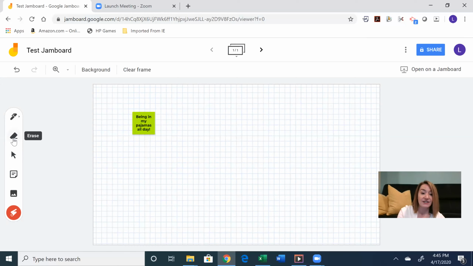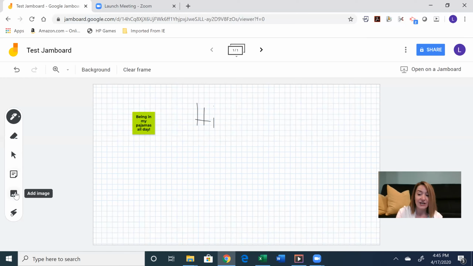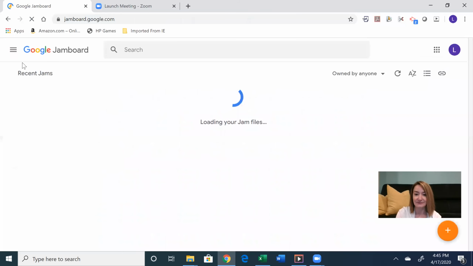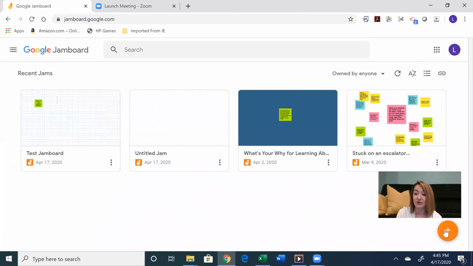So the other option is you can draw too with the pen. So if you have a stylus that works really well. It really doesn't matter, if you want to use the mouse, it's up to you. But what I also really like about this is an image. So let's go back to our Jamboard dashboard here. And if we create a new one,